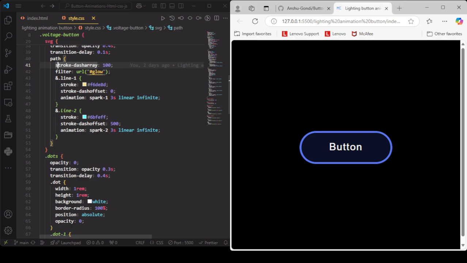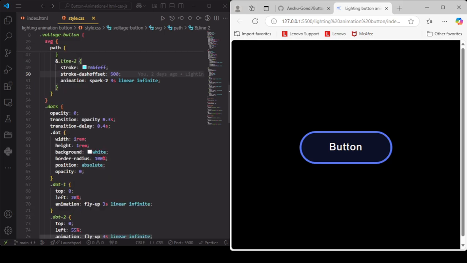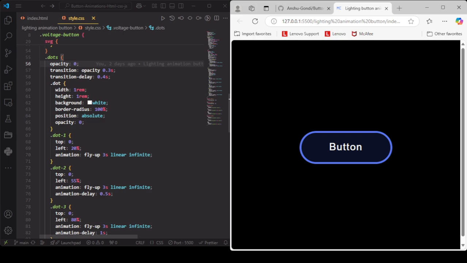So similarly we have taken the same type of animation, and then its stroke dashoffset will be 500, and its dot opacity will be 0, its animation will be 0.3, and transition delay will be 0.4 seconds, and its dot size will be 1 rem, background will be white, border radius 100%, and position absolute, and opacity will be 0 for the